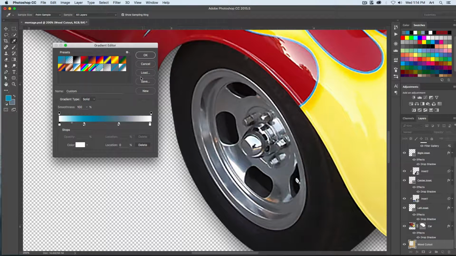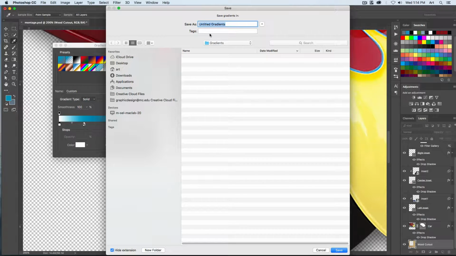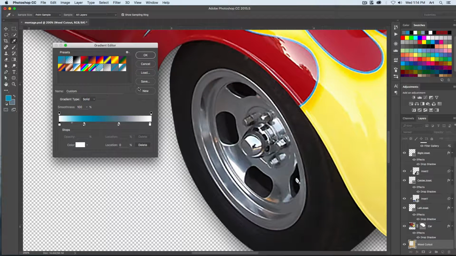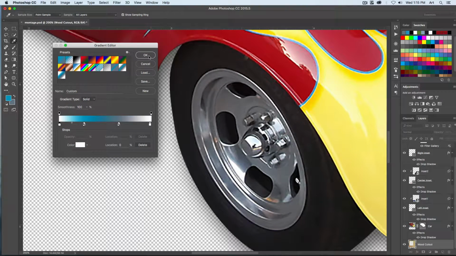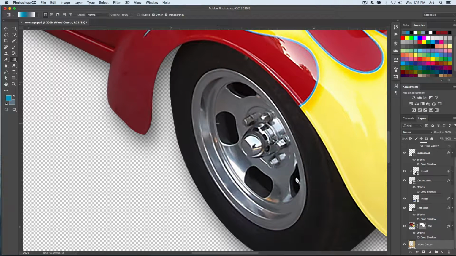When we're done, we can save our gradient. It'll ask to give it a name. Hit cancel. We want to make it a new gradient. Notice now that new gradient has been created right there. There we go. Now when we say OK,